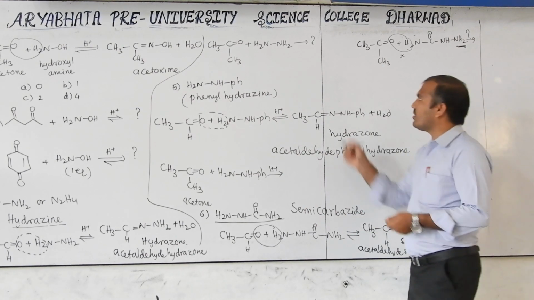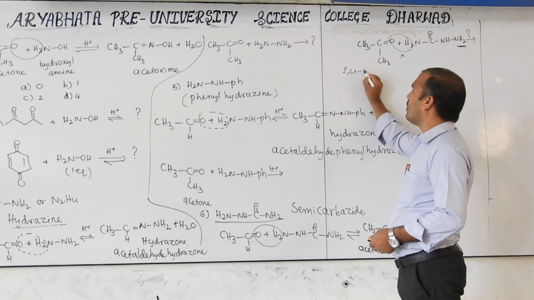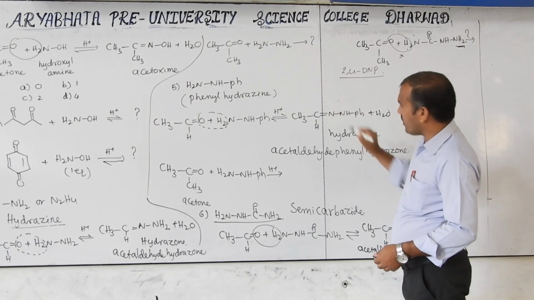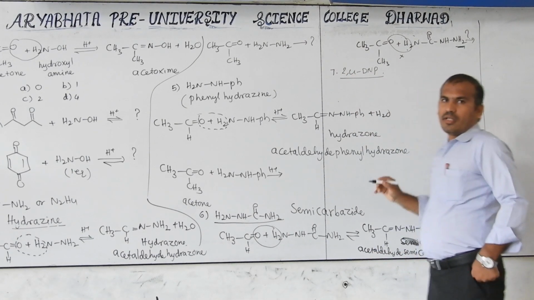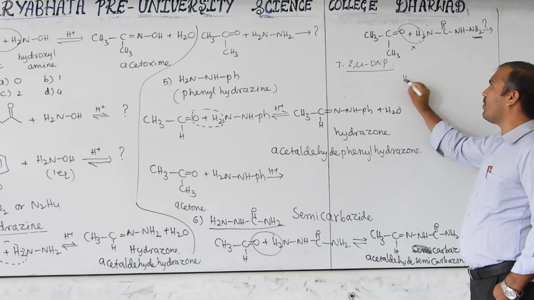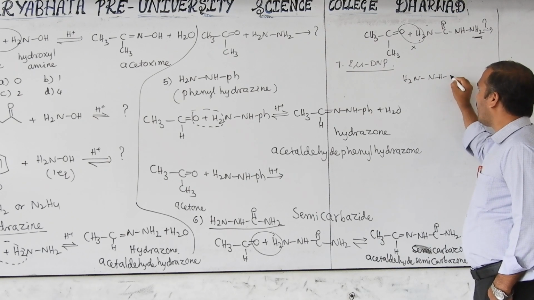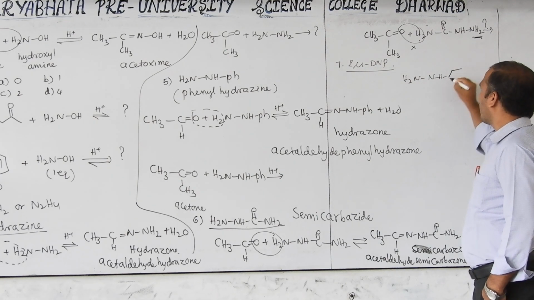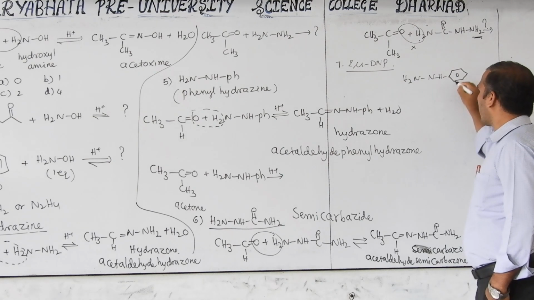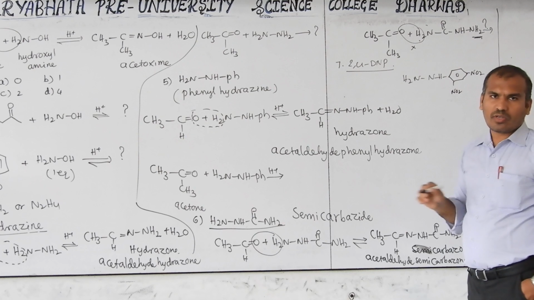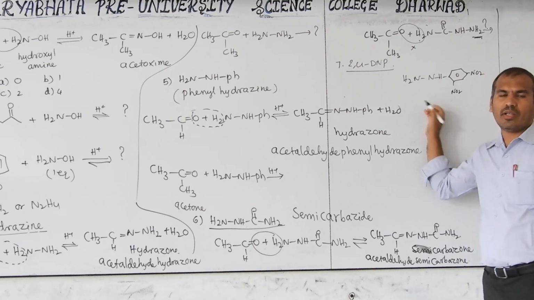Another one is there, that is called 2,4-DNP. That is the last reagent, I think the seventh reagent. What is the 2,4-DNP formula? NH2NH with a ring having NO2 groups. This is called 2,4-DNP. What is the 2,4-DNP? 2,4